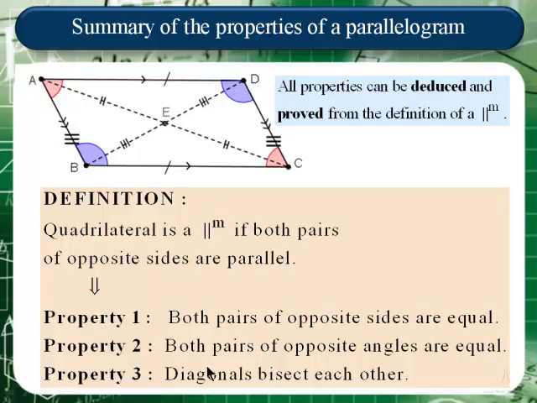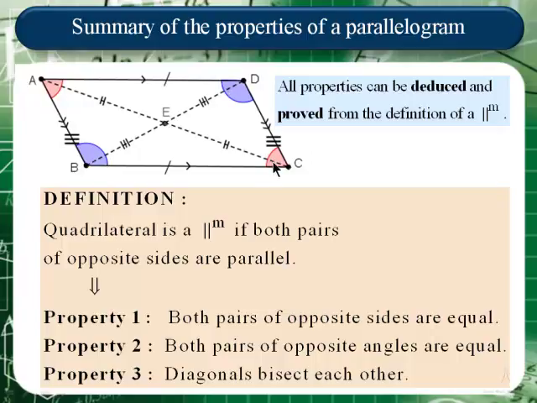The third important thing is that we can prove the property that the diagonals bisect each other. So in other words, if you draw both the diagonals and you find the point of intersection, or the midpoint of the diagonals, then this point E will not only be a midpoint for diagonal BD but also for diagonal